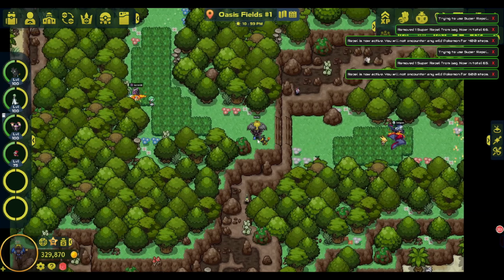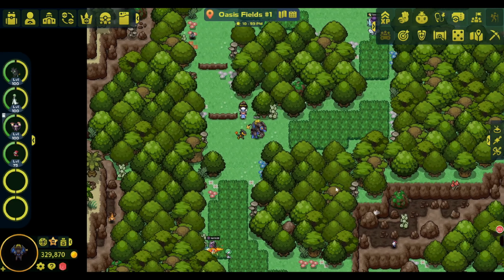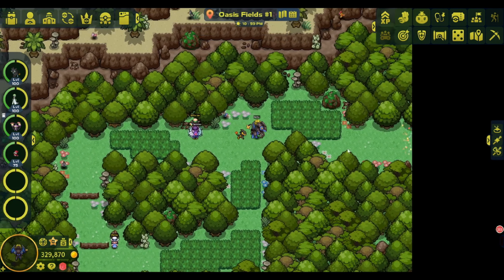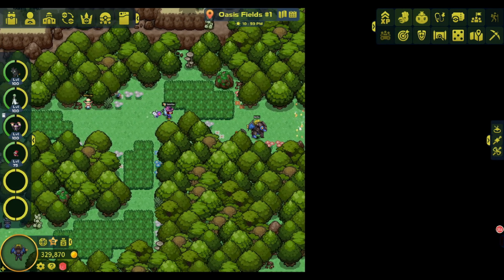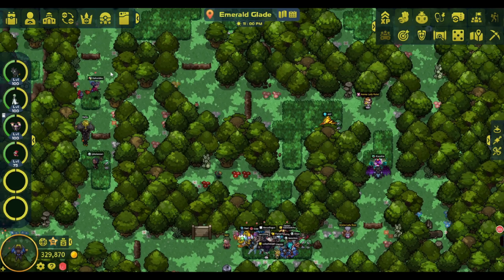Sure. Alright, so we're going to head through all this grass. We're not going to fight anything because we've popped repels, so we can make it nice and clean for you. We're going to go all the way around Oasis Fields 1, all the way to the top right, essentially, okay? We're going to come through, and we'll go to Emerald Glade. A lot of people are here, but we're going to go all the way up to the very top of